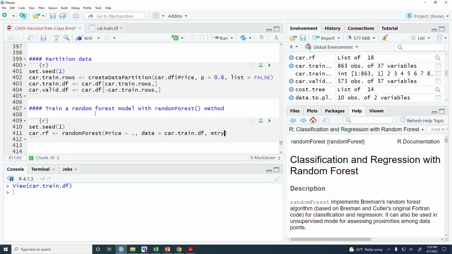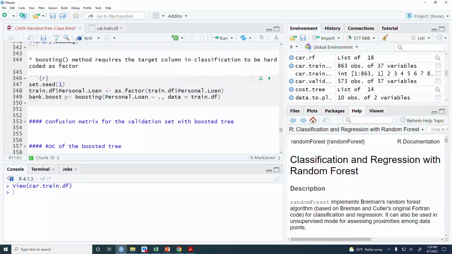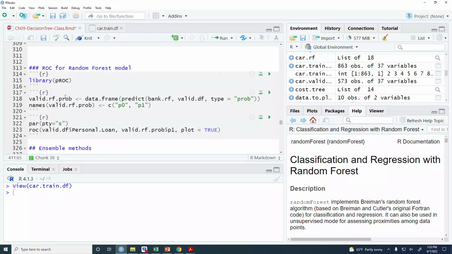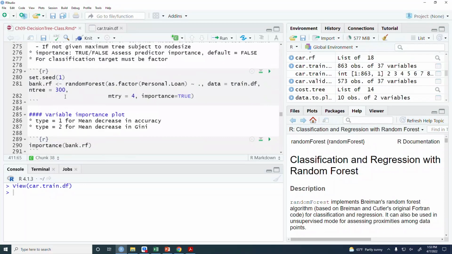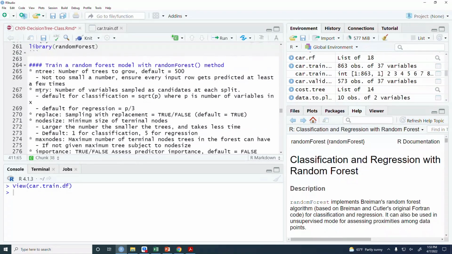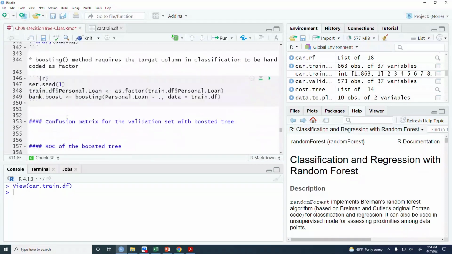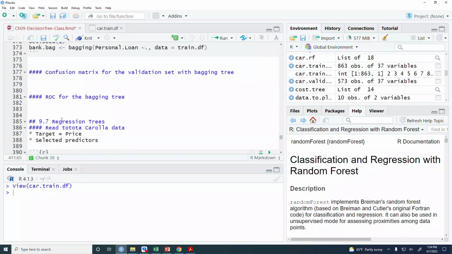Now we can use the mtry. We went over what those parameters are. So mtry is the number of variables sampled as candidates for each split. In a random forest, you don't use all the variables in each bush that we develop. You can also specify the node size, the whole list of parameters. You can select a value for each of them. So we'll just try 10 at a time,